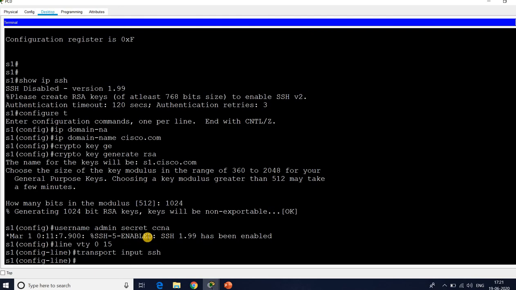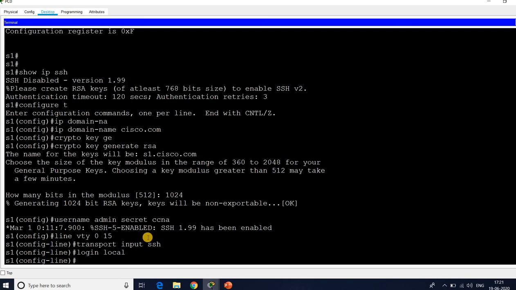I am using transport input ssh, then login local to enable that. Now we can exit.